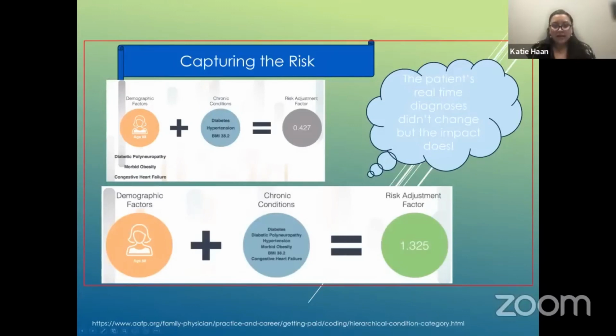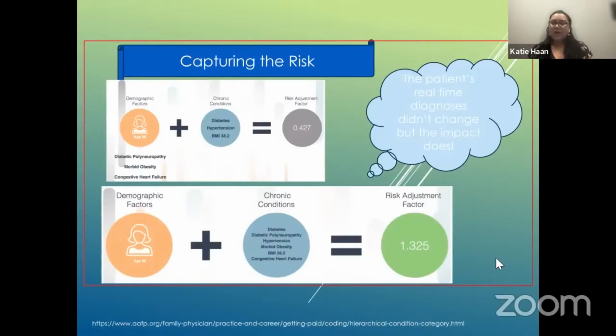When you add in those chronic conditions of diabetes, hypertension, and BMI, you would get a risk adjustment factor of 0.427. So each one of these issues is categorized differently. So diabetes is in a different category than obesity, is in a different category than heart issues. So each of these has a metric assigned to it. And so diabetes plus hypertension plus obesity equals a risk adjustment factor of